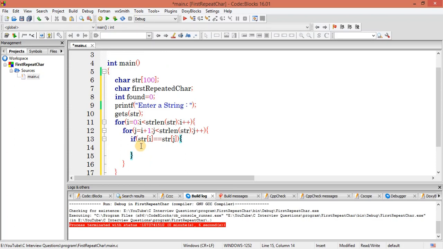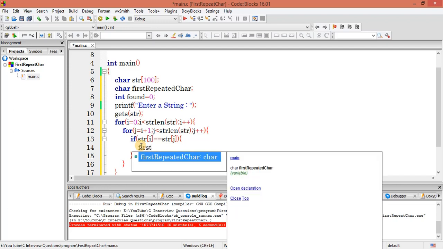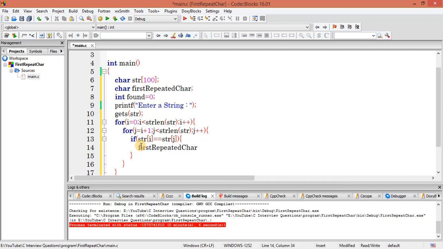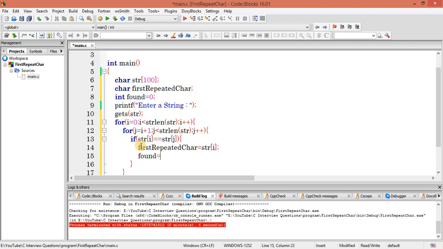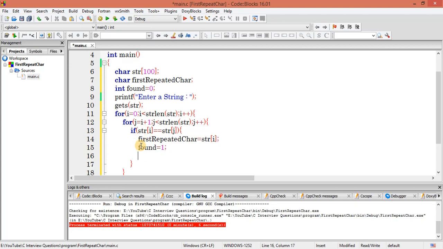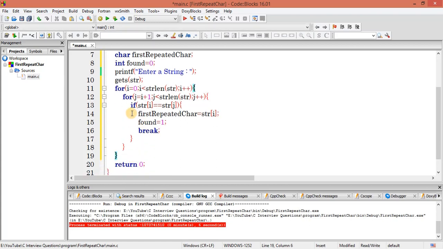So when I come here, it means I found the first value, so I will store it into first repeated character. I stored it, and now I will make found equal to 1 and I will break the loop. When I break the loop, I will come out of this inner for loop, right? This loop. Because I wanted to get out of here as well,